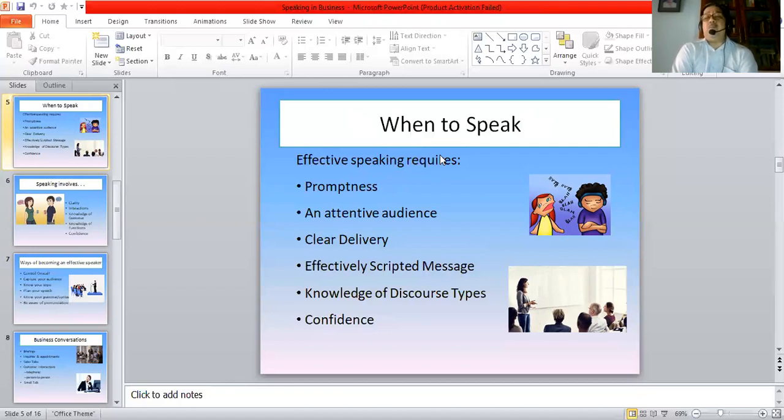Respond on cue. If somebody asks you to say something, come forward and say. Your area manager asks you to give a report of the sales, come forward and give it. Don't say, I'm not ready right now. Could you ask somebody to come now and I will come in later? No, don't do that. Don't postpone. Be ready, be prompt.